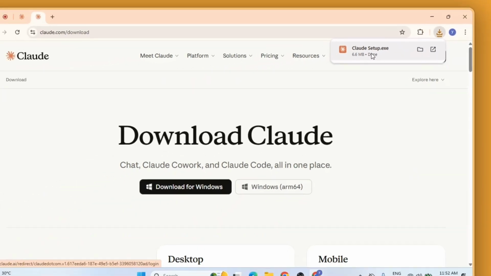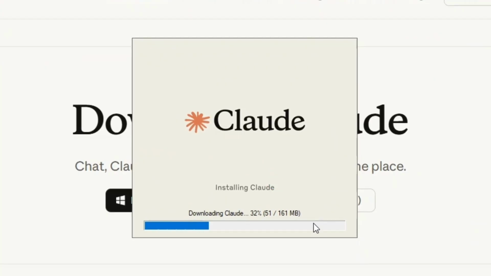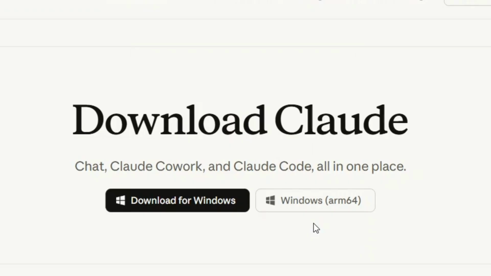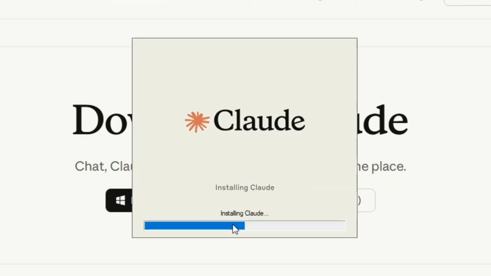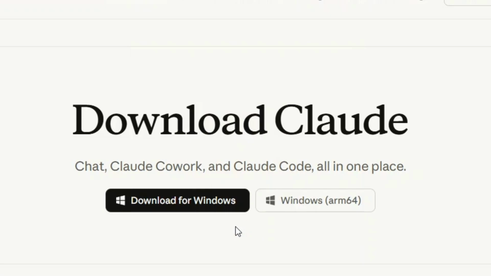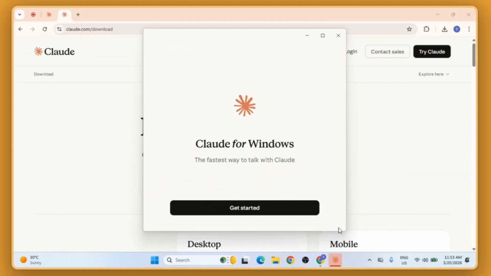Once it's downloaded, open the file. Windows will ask for permission to install. Click Yes on the prompt. The installer runs automatically. No setup wizard, no clicking through pages. Just let it finish. Claude opens on its own when the install is done, or find it in your Start